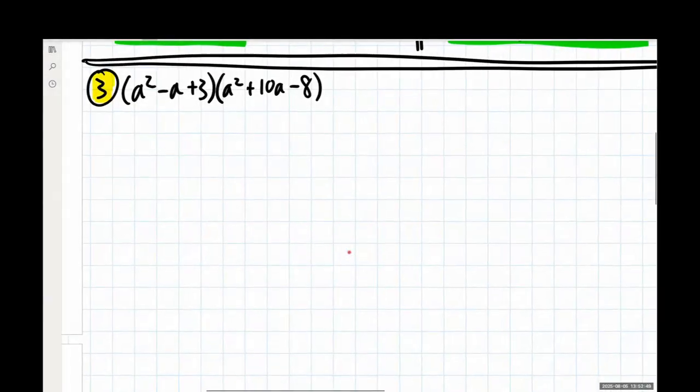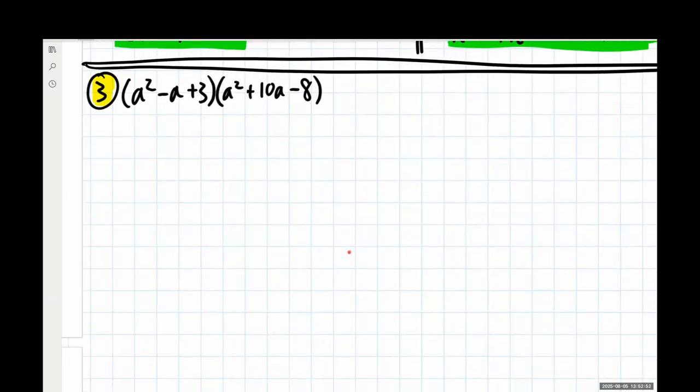Okay, so now we've got the big monster problem. We have a trinomial times a trinomial. So if we thought number 2 had a whole bunch of stuff written out, we're going to have a whole lot more showing up here, unfortunately. So again, take this slow, take this steady, write as many steps as you personally need. I don't think there is anything wrong with it.